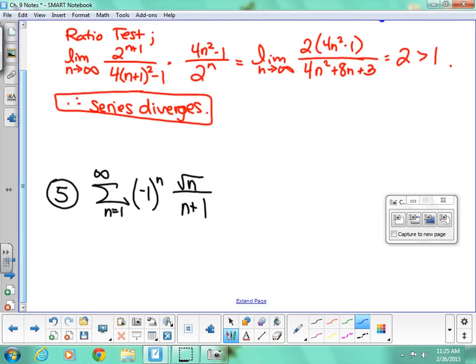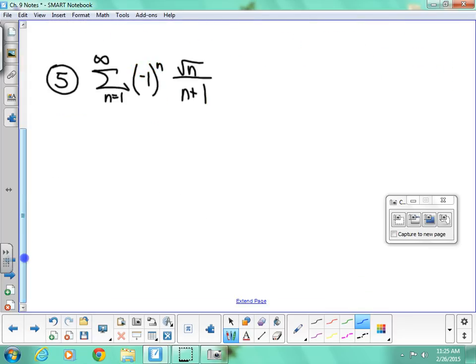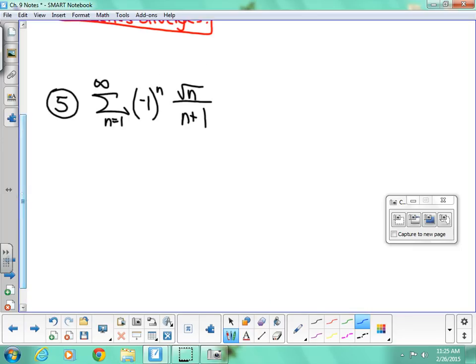Alternating test. How about this one? Alternating test? Why am I doing it here then in ratio and root test? Because ratio test is equal to 1. Yes. I'm trying to show you, if you like the ratio test, you might be like, hey, test for absolute convergence, right? And absolute convergence, I think absolute values. So if I'm considering the absolute value, and once you like the ratio test, you might try to do the ratio test with the absolute value. So then ratio test,